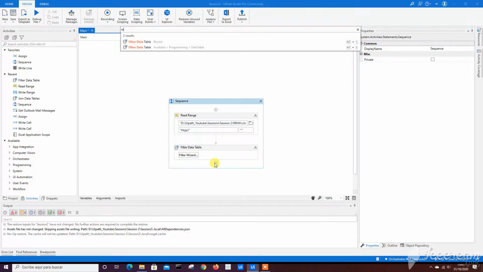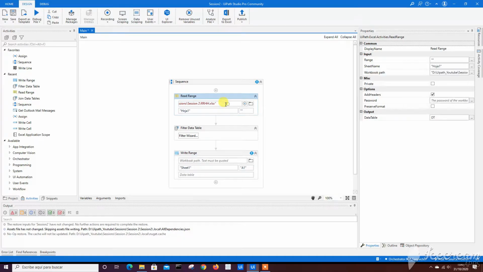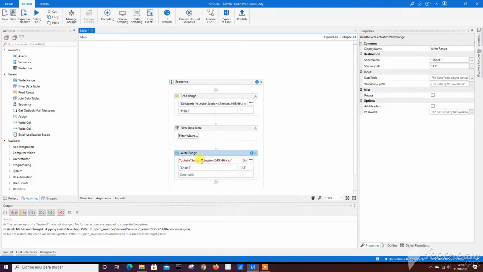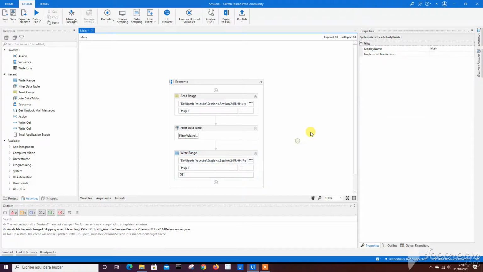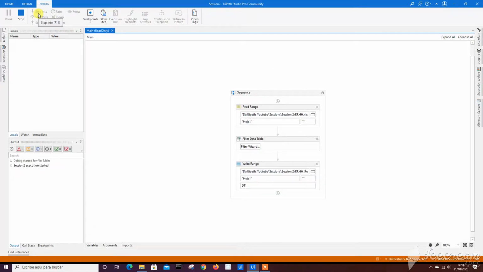Then we will use the write range activity. Okay, we will use the same path, but we will write another name, results. Okay, the name of the sheet, and here it will write in a whole Excel file the dt1, the variable that contains the filtered data. Then we run the robot,